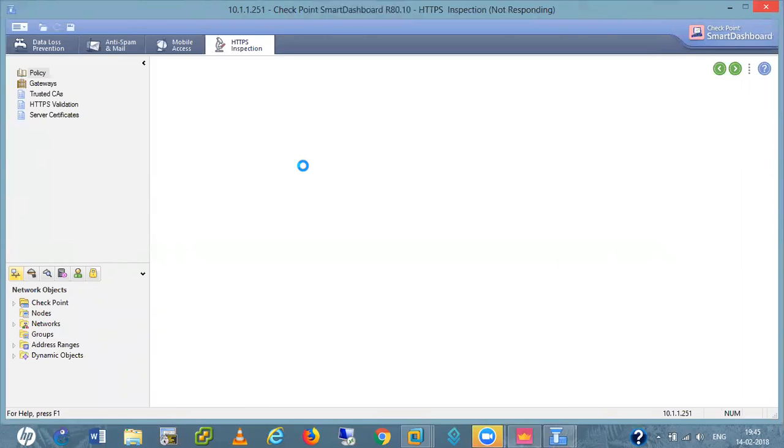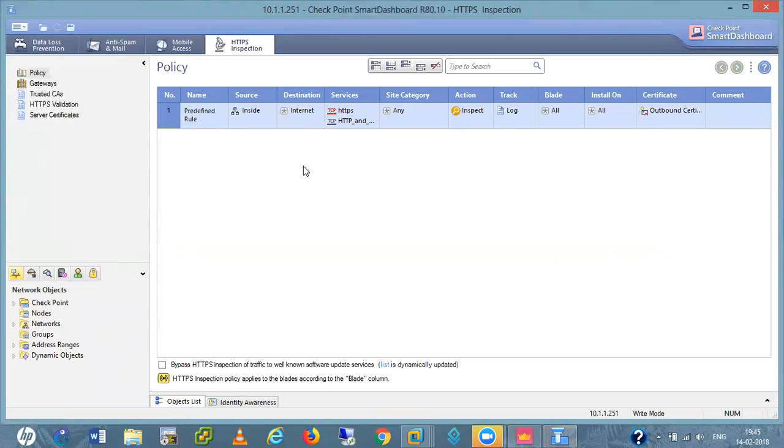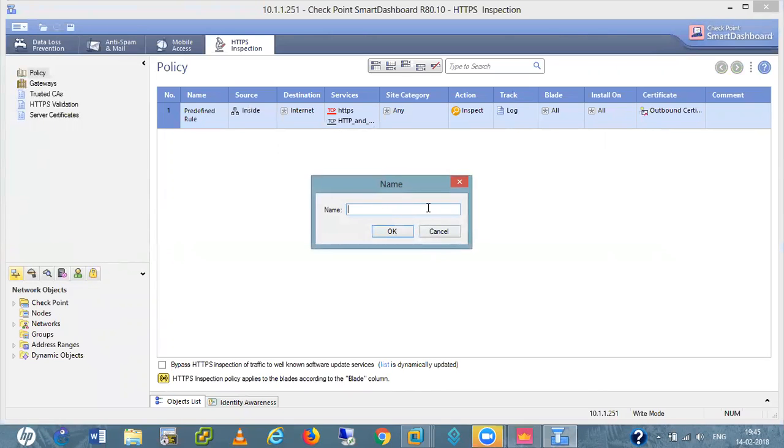You know this thing, we can also decrypt banking sites, right? Here I didn't show you. I just write one rule, and I also bypass the banking sites. Bypass all financial services without decryption. And for other sites, I'll write the policy to decrypt all. Here we have this predefined policy. So let me add this policy, my HTTPS policy.